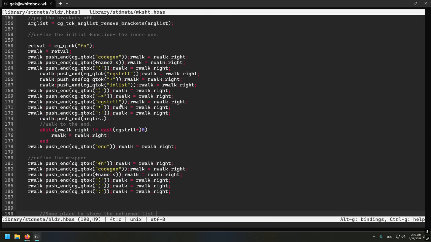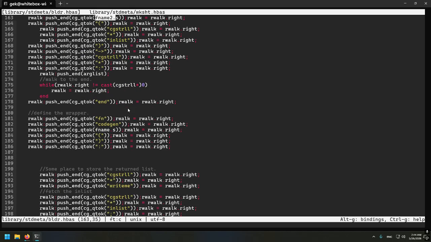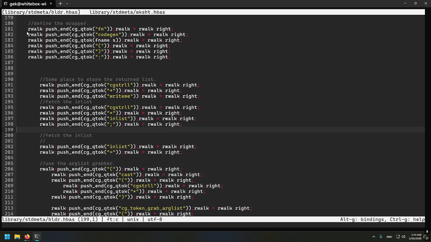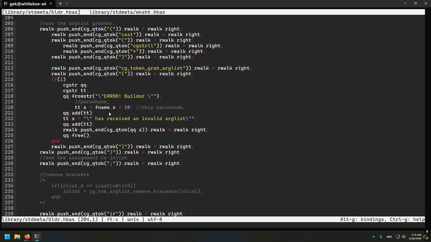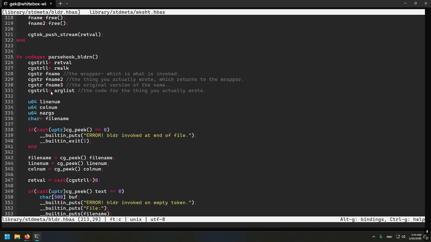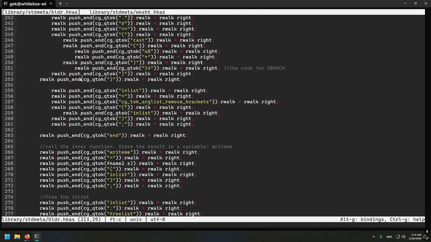One of them is something that literally contains your code right here. And then the other one is the wrapper, right? And the wrapper is what grabs the argument list to your main function. What the builder does is it formalizes the abstraction of